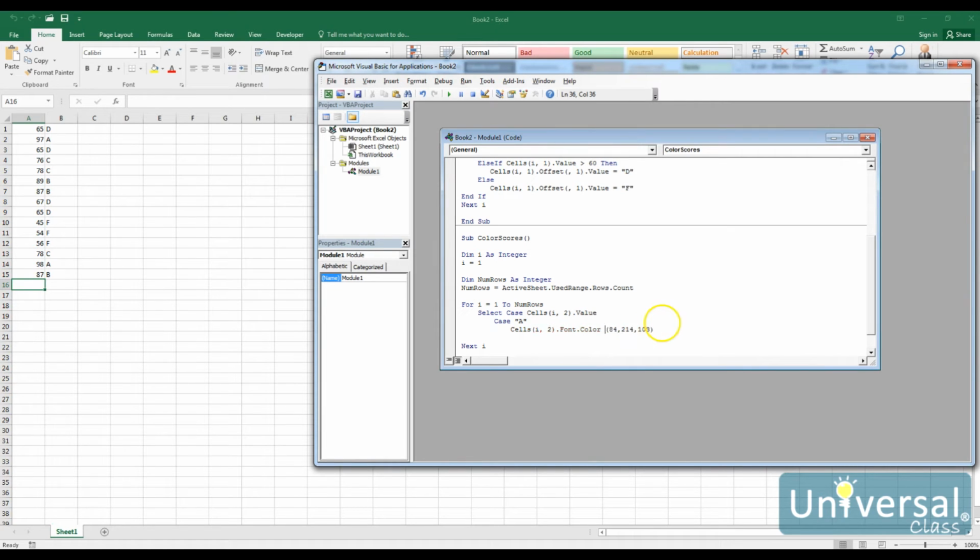Sorry, it's font colors equal to, and that's an RGB value. All right, so anyhow, what we're going to do is specify that that's what they should have if it's an A. Okay, then we're going to go back and make a case for B, and we're going to set the cells I, 2, dot font dot color, and we're going to set that equal